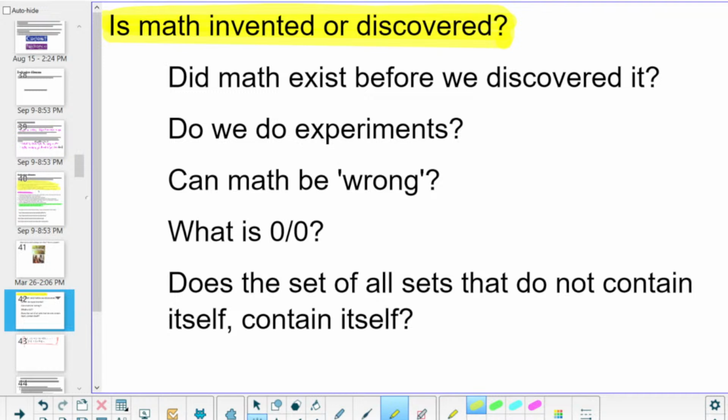Okay, which group? Because there's like six people here, so you must belong over there. Go. So we think that math was discovered because the language was invented. The language part was invented, but the underlying math was discovered. If you think back, if you had two cavemen, and one had a rock and gave the other a rock, they have two rocks, and then they invented the language to explain it.